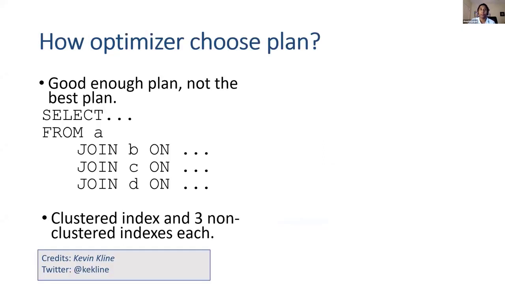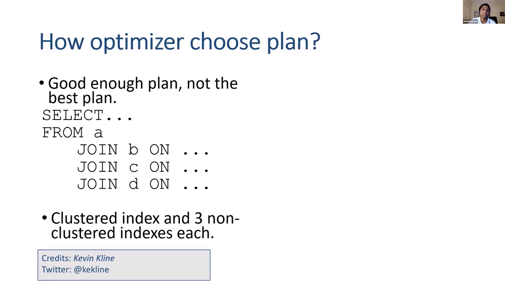So now let's see how the SQL optimizer works. SQL Server Optimizer is a cost-based optimizer. It always wants to choose a good enough plan, but not the best plan. So what is the difference? The cost and the time is the difference. If the optimizer can get a good enough plan in a very small amount of time and with less cost, then the optimizer will choose that plan to process the query and choose the execution plan based upon that. That is the reason why the optimizer is very good in SQL Server.